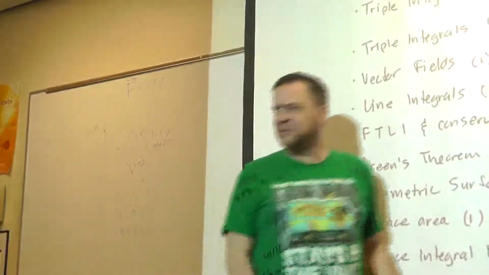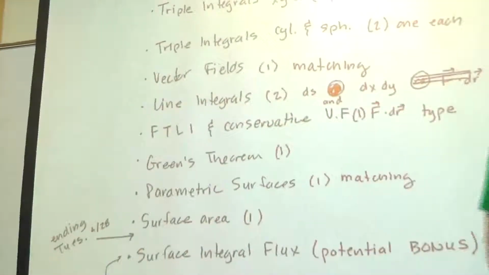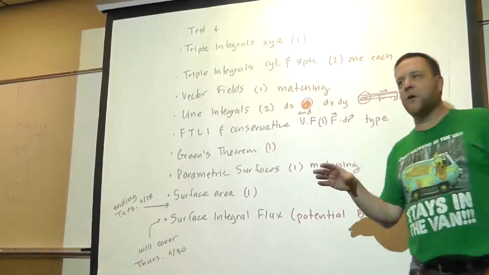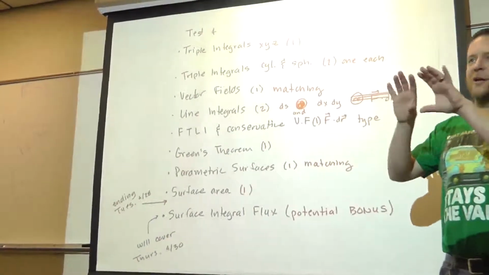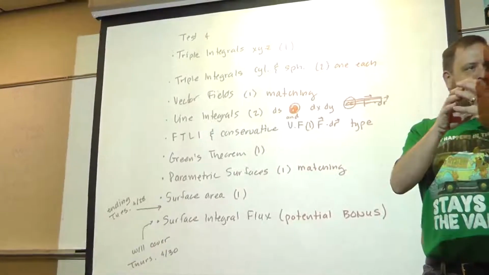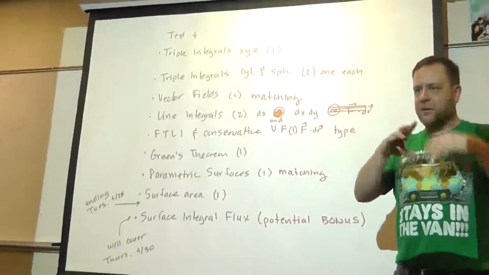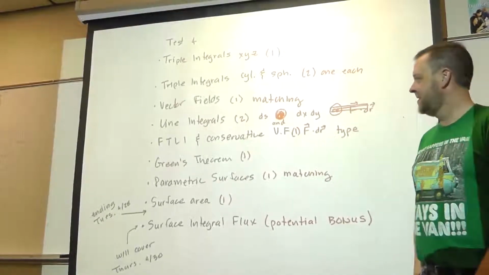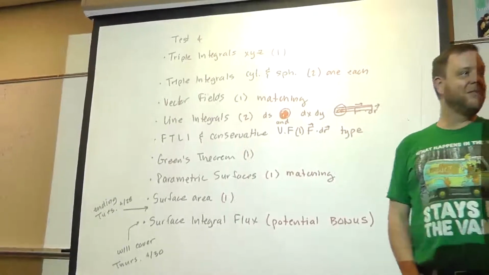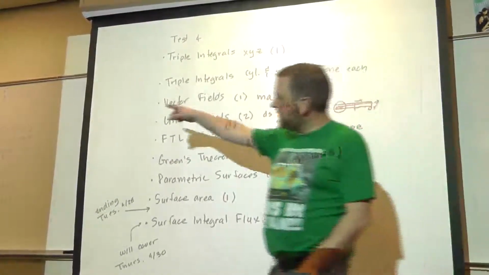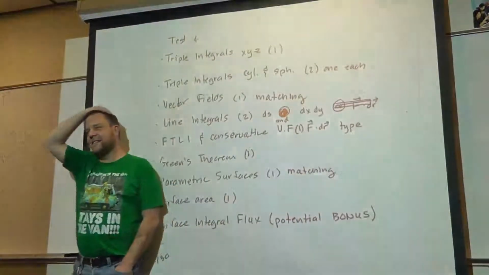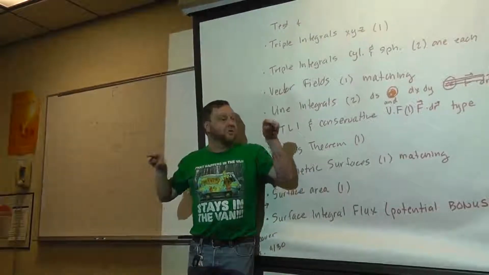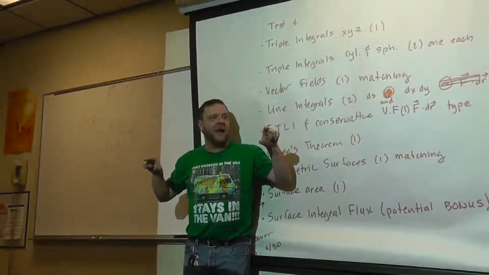You're kind of going backwards to find out what this little function is. What did the fundamental theorem tell you that you could do? Instead of doing the F dot dr integral the long way, where you had the parametric curve, replace the x's and y's with their t definitions, do that dot product with r prime, integrate with respect to t. Instead of doing that, if the vector field is conservative, you can find that little f function and do what with it? Just plug in the values from your 2 points, the 2 points that represent the beginning and end point of your path.